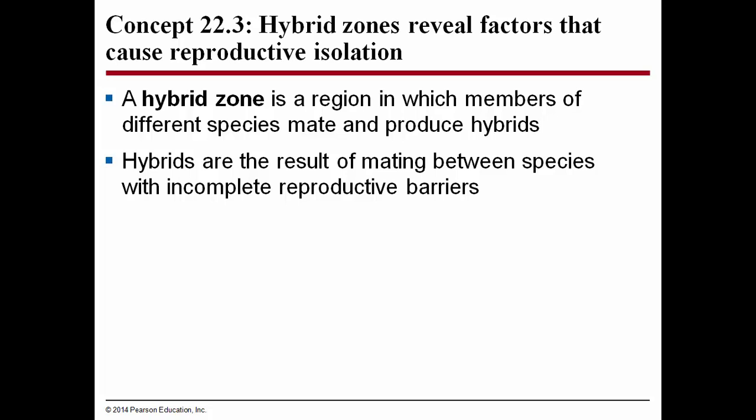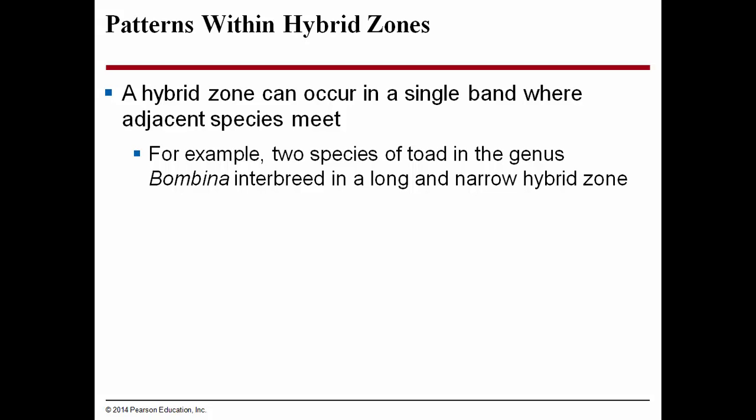A hybrid zone is a region in which members of the different species mate and produce hybrids. Hybrids are the result of mating between species with incomplete reproductive barriers. A hybrid zone can occur in a single band where adjacent species meet. For example, two species of toads in the genus Bombina, the fire-bellied toad, interbreed in a long and narrow hybrid